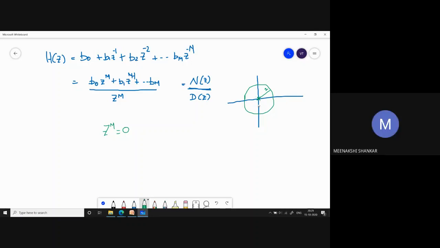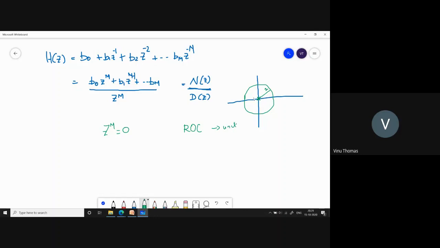It's not stable. It has to be. Is it stable or unstable? Unstable. Now you have made that mistake here. Why do you say it's unstable? What is the condition for stability? The condition for stability is that the region of convergence should include the unit circle.